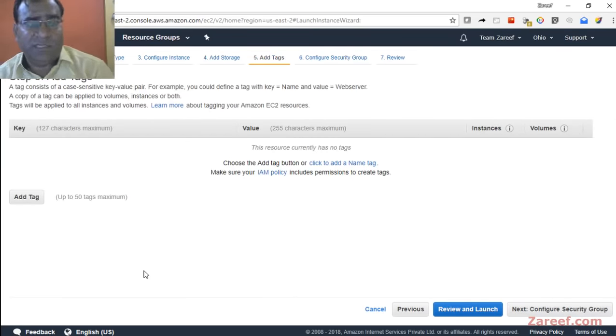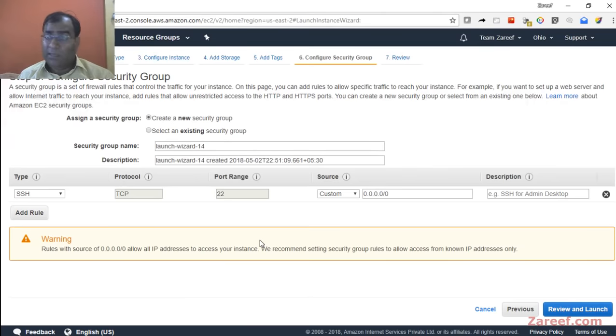All inbound or outbound traffic is always denied. You need to define your rules explicitly to allow traffic inbound or outbound. So by default, you can create a new security group, or if you already have a previous security group defined in your account,